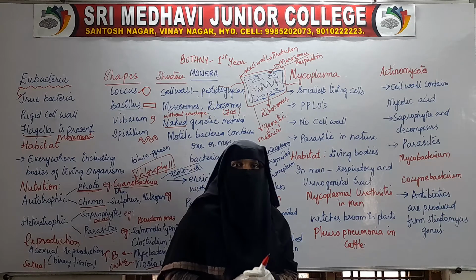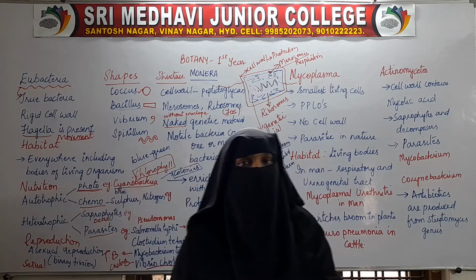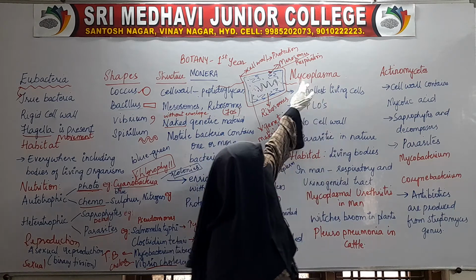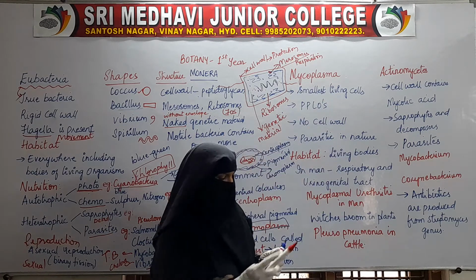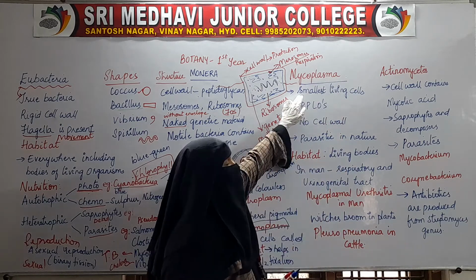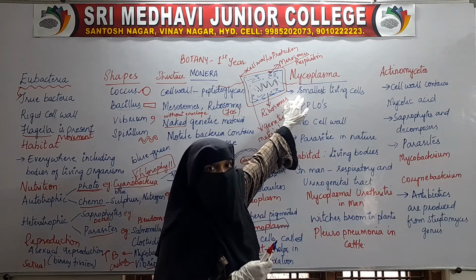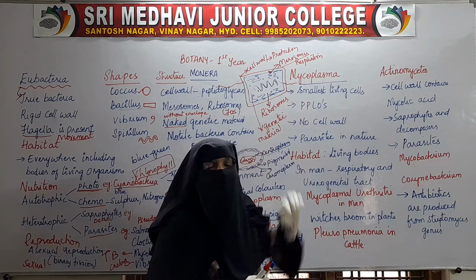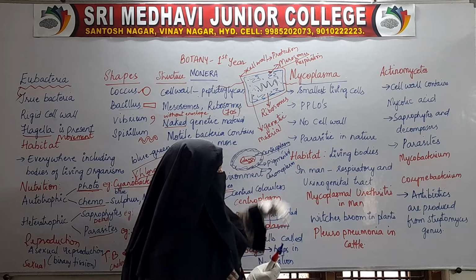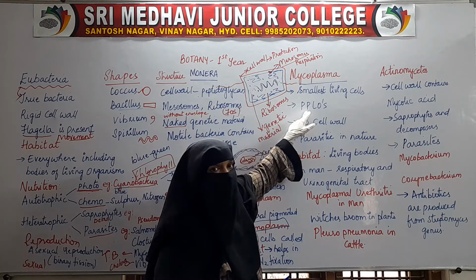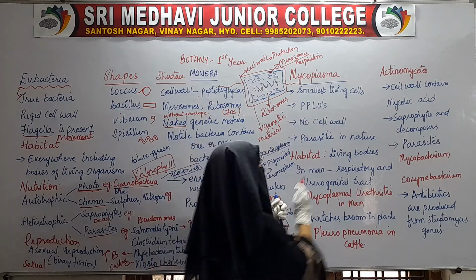So this was about Eubacteria. Now coming to another group of Monera, that is Mycoplasma. The organisms included under Mycoplasma are the smallest living cells, that is, the smallest bacteria. They are also called PPLOs, that is